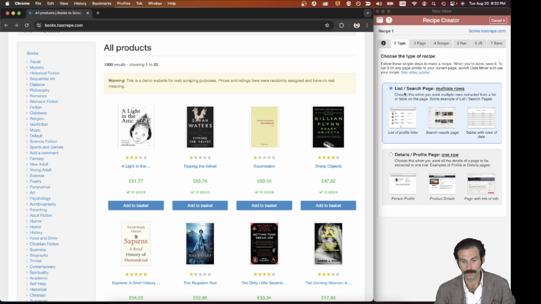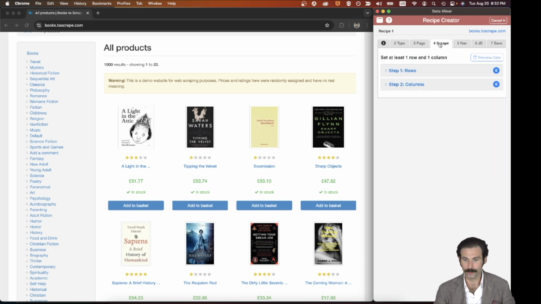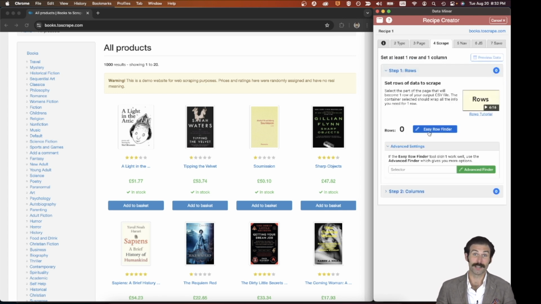Okay, so this is the list page. This is what we want to scrape. Now we can skip this and go straight to scrape. So the first thing we need to do is define our rows. Remember, those are going to be the elements, the big chunks that we want to scrape. What is kind of the box that contains our information? And luckily,